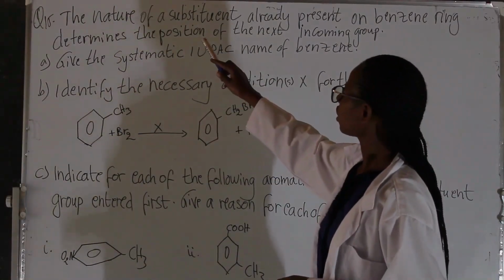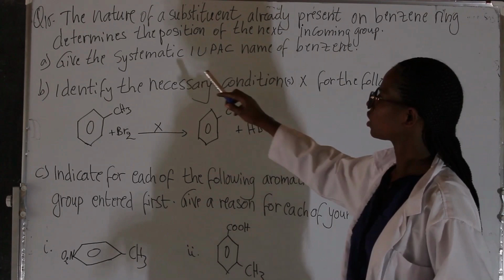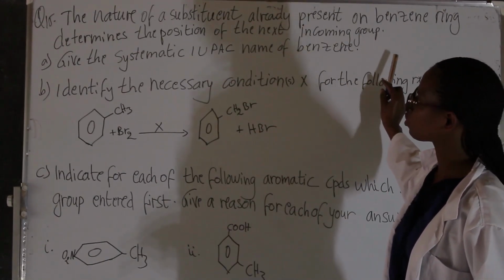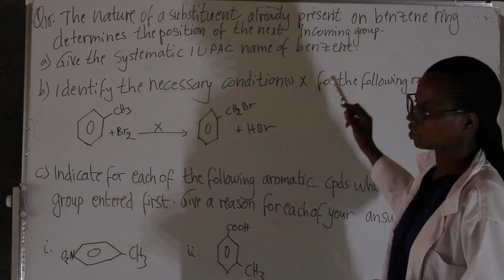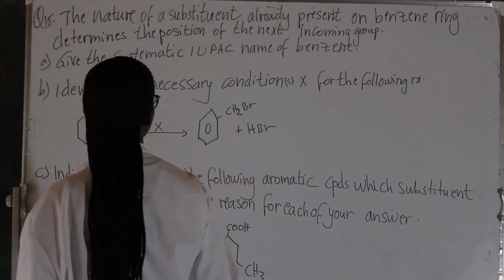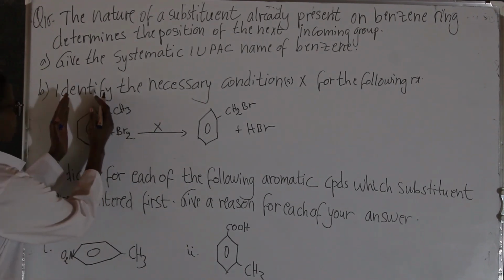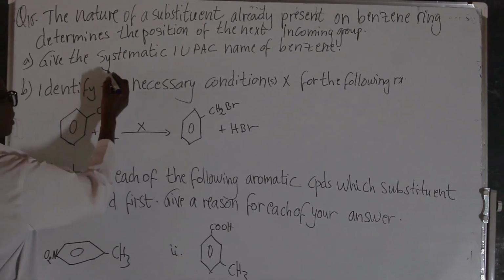The nature of substituents already present on the benzene ring determines the position of the next incoming group. Give the systematic IUPAC name of benzene. When you talk about benzene, it is like this only. Then when we say the IUPAC name, it is like cyclo